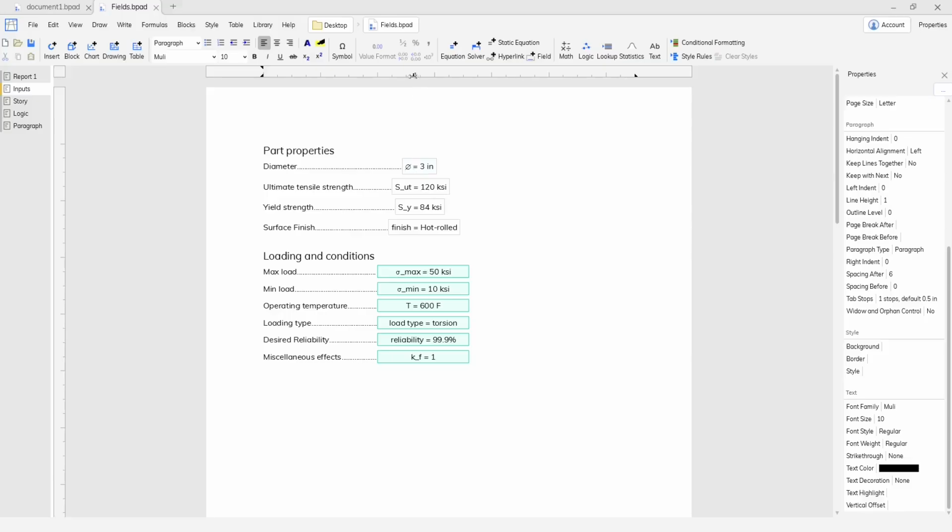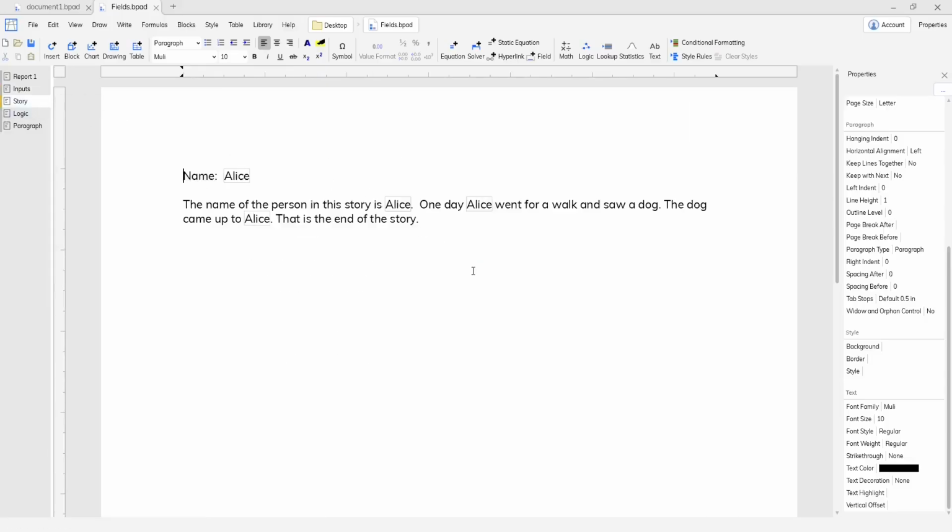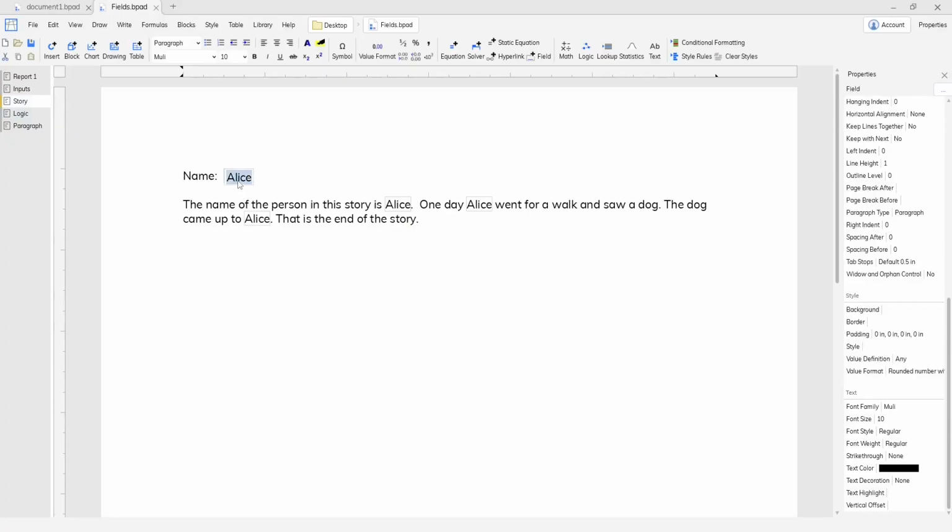I also have these on an equal aligned tab stop so that all of the fields are aligned on the equal sign. For this second option, I have regular fields that are all the same width, and then I have them center aligned with a border and background. Another use case for fields are updatable text inside of a paragraph. So I have this trivial little story here, but if I come to this input field and change the name and press enter,